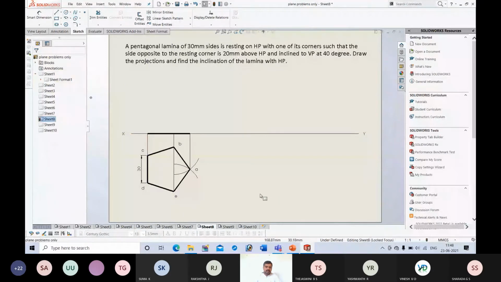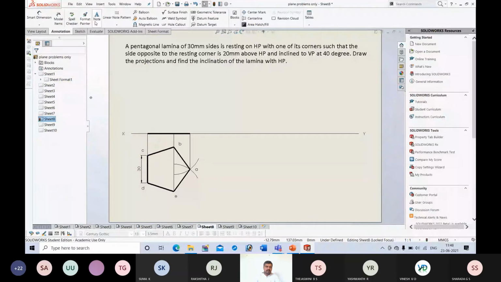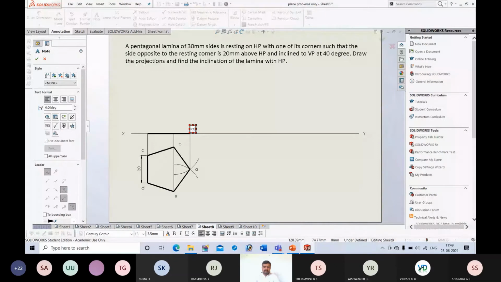This is the front view. Now I will name the points. A dash. Since for front view, we are looking from this direction, from here down. So E is nearer, so it will be visible. B is farther, and this will be invisible.